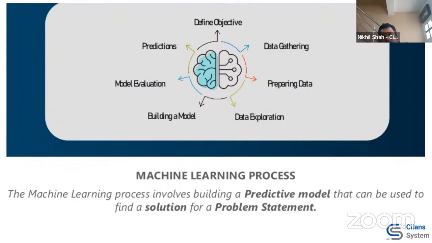Now, just to recap how the machine learning process works. It goes through these simple steps. First, you identify what you want to achieve. Then you gather the relevant data. For example, if your objective is to find out automatically how much water should be given to the soil in a farm, that means you need certain data from the soil, right? So you have to gather the different data. You have to prepare that data. You have to clean it and make that data ready for machine learning.